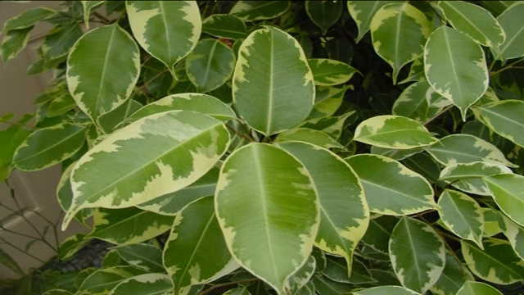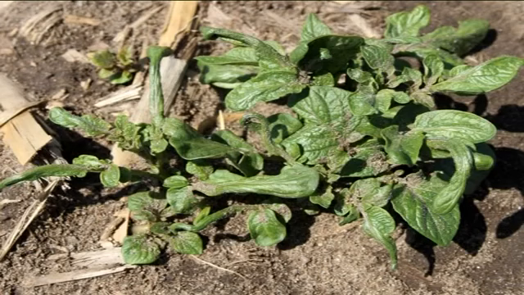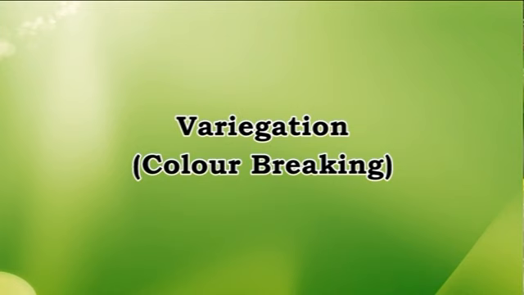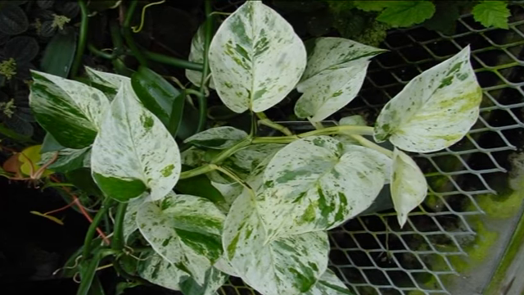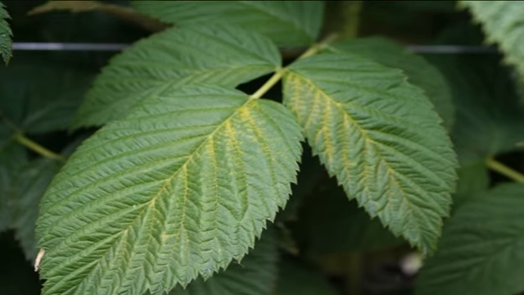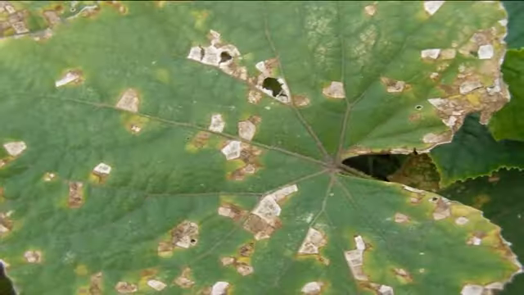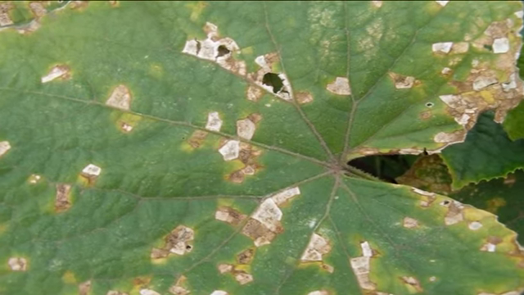The next form of symptom is systemic symptom. In almost all plant viruses occurring in the field, the virus is present throughout the plant. The symptoms may be variegation, malformation and other types. Variegation, which is also called color breaking. Decoloration in patches on the leaves occurs, sharpness of boundaries can be seen, distribution and discoloration of lamina can be